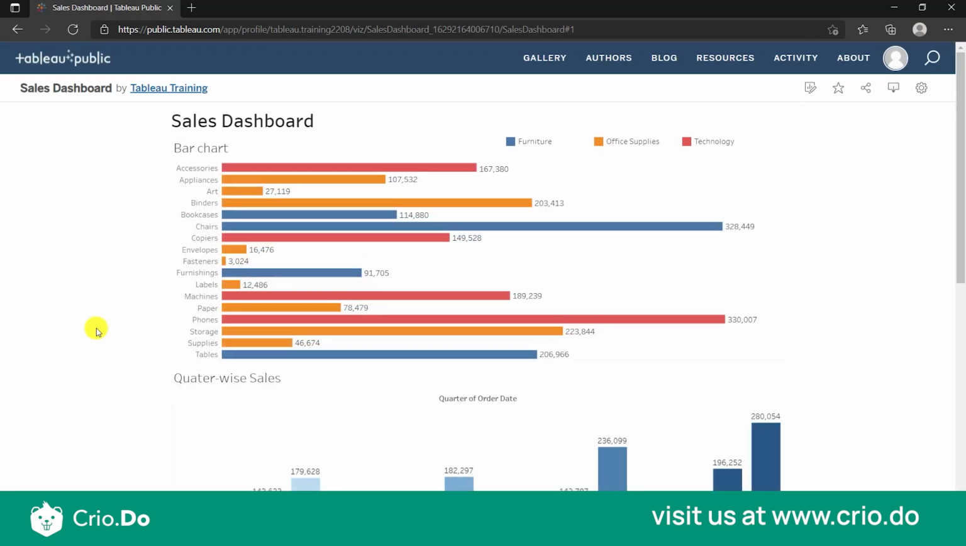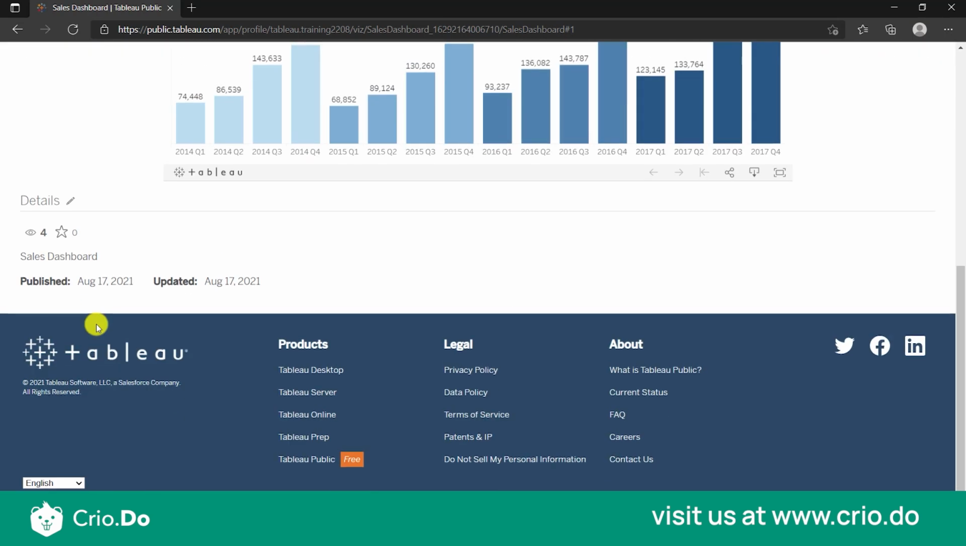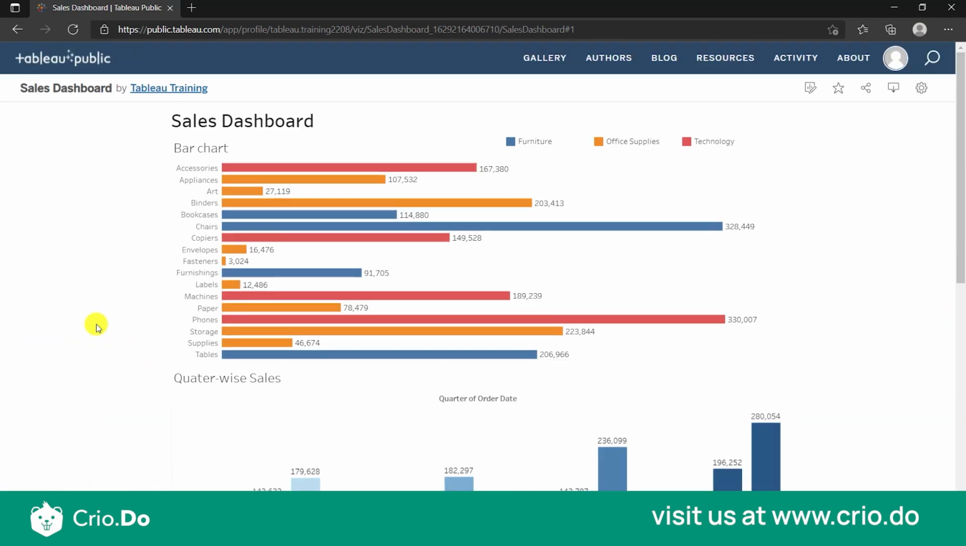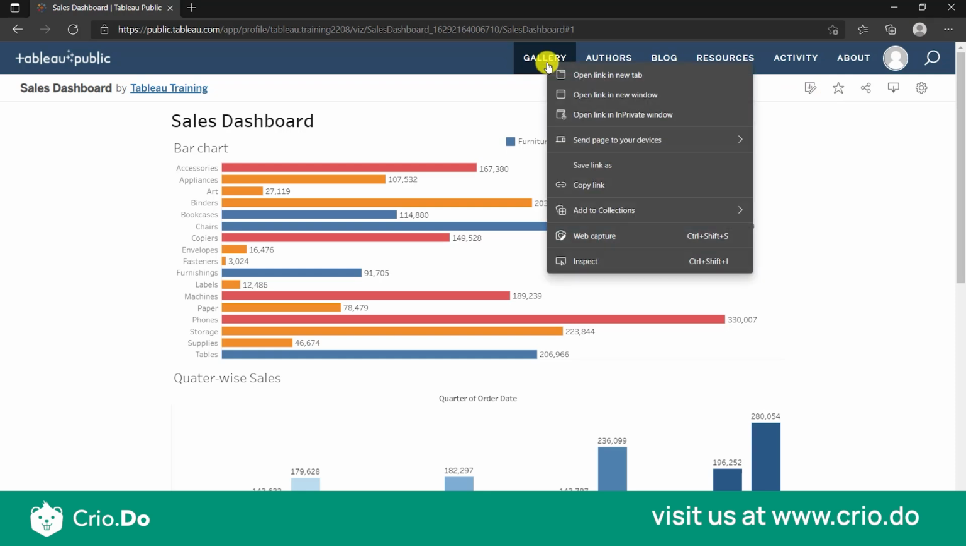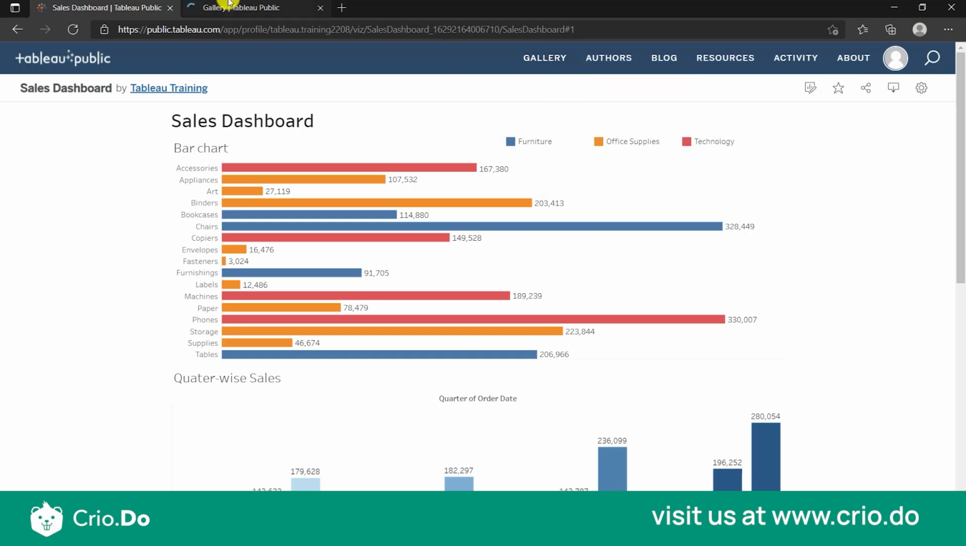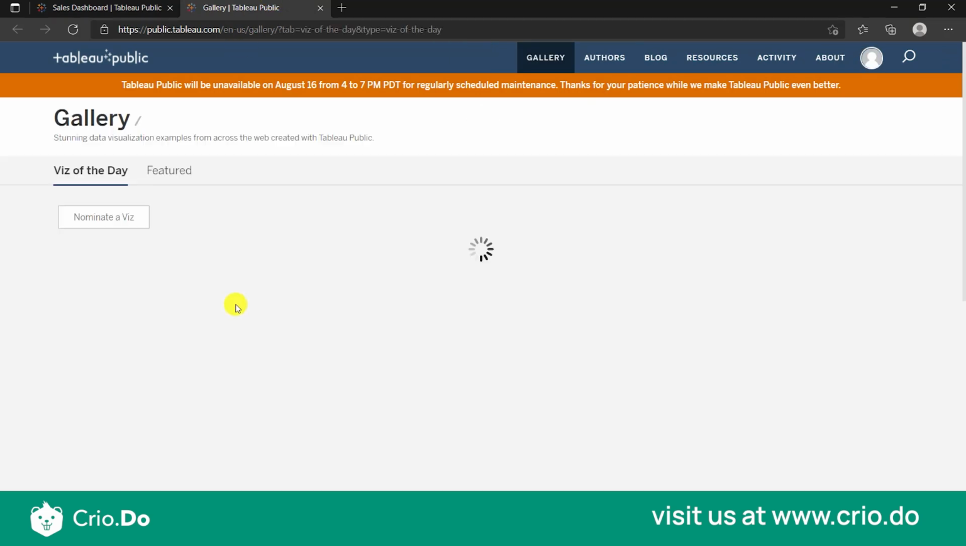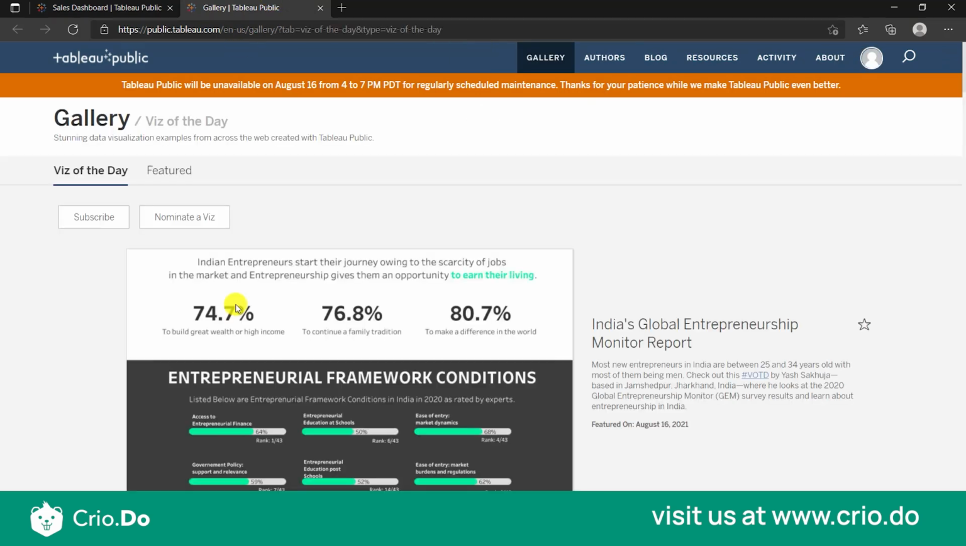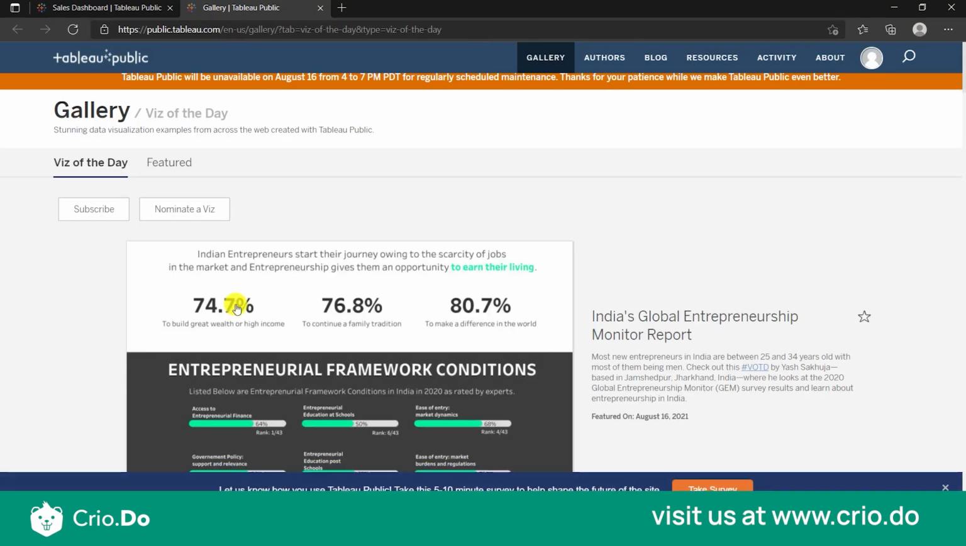So this is how you actually publish onto the Tableau Public space. And if you see here, we also have an option to add it to our favorites. Like I said, we do have an option to look at all the other authors' published views. If you just go to the gallery over here, you can see all the available dashboards that anyone published onto